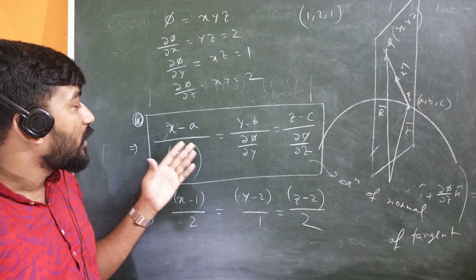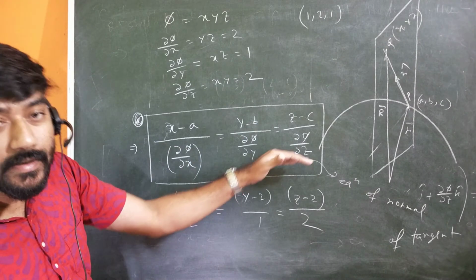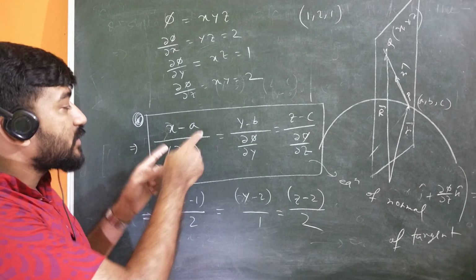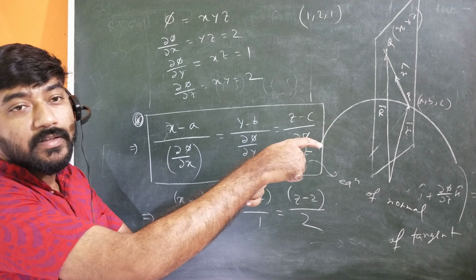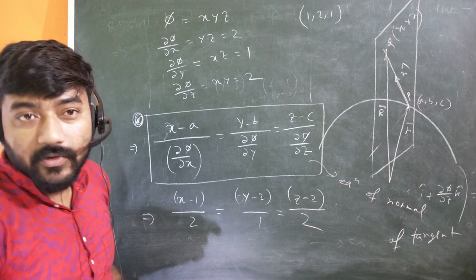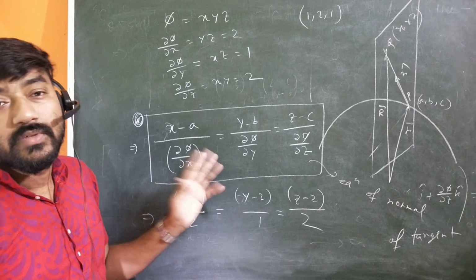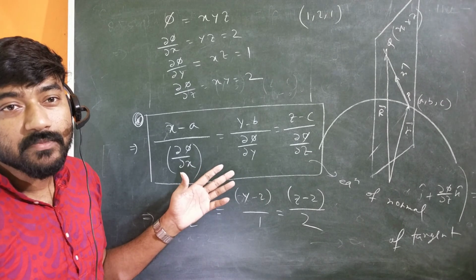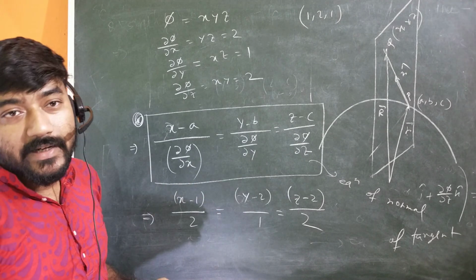For the equation of normal, you should remember that del phi del x, del phi del y, and del phi del z are in the denominator, but otherwise it will be multiplied with x minus a into del phi del x plus y minus b into del phi del y plus z minus c into del phi del z. The only thing is that here equal signs are there, and there plus signs are there, and the right hand side will be equal to 0. Okay, so you should remember these two results. I will advise you to remember these two results, so that you can solve this kind of problem instantaneously for your competitive exam. Okay, so this is all about the gradient of a scalar function.